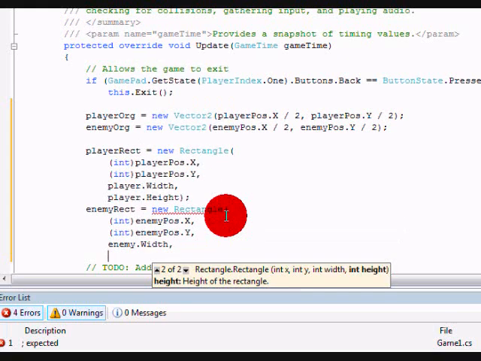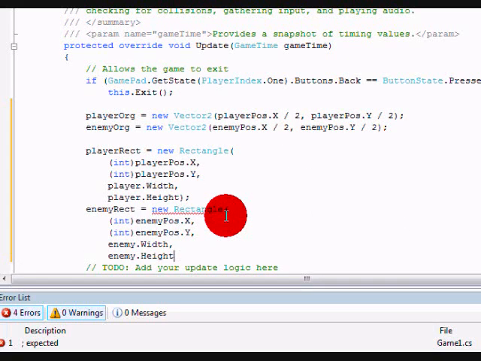A bit of code for one rectangle, but it's just your standard rectangle, which is the width of your image, the height